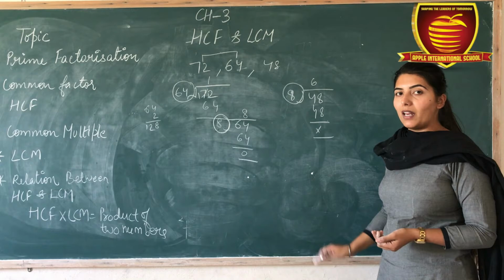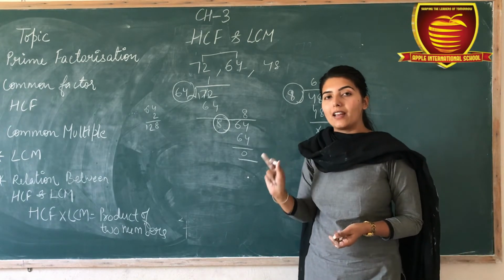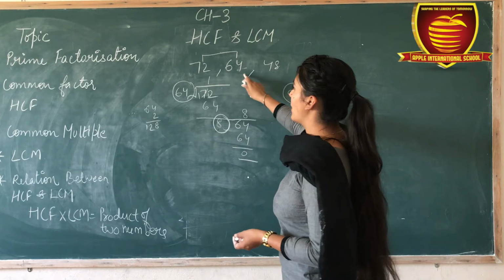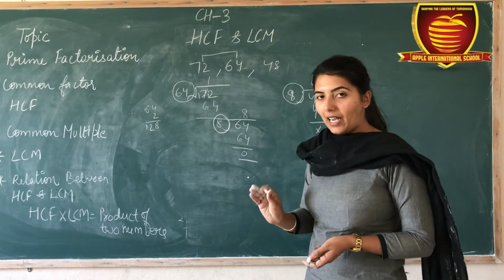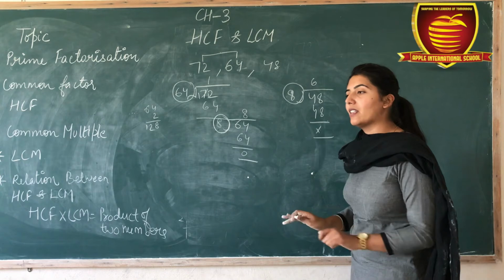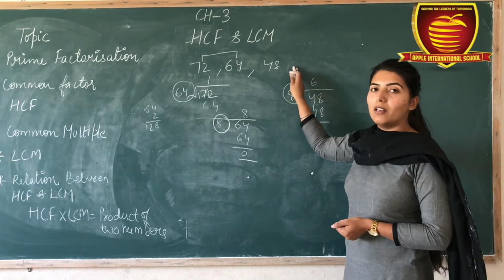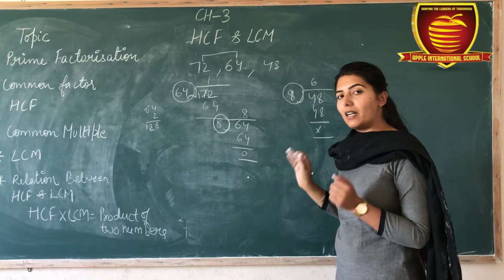Means as we found in the first type, the highest common factor of 72, 64 and 48 is 8. If we find the highest common factor by any other method, but the